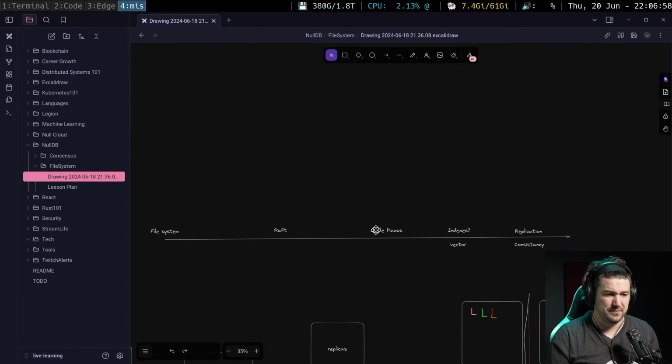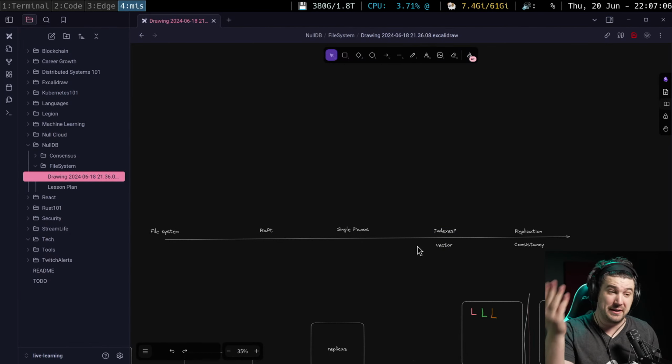100%. I mean, we can take Raft and bend it to our will if you guys would prefer doing that over something like exploring another one like Paxos. So